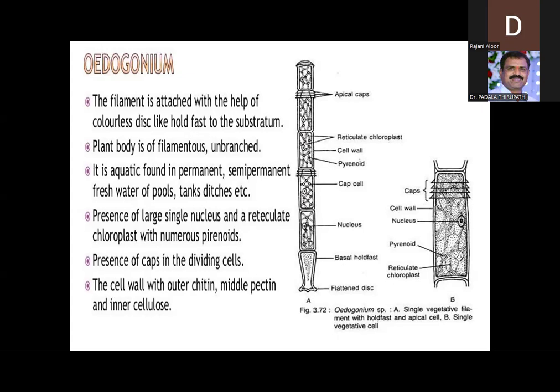What type of pigmentation is present in the class Chlorophyceae? Chlorophyll A and B, beta carotene, and xanthophylls are present. It's very common in all Chlorophyceae members. And the terminal cell is rounded. Some cells below the terminal cell possess a